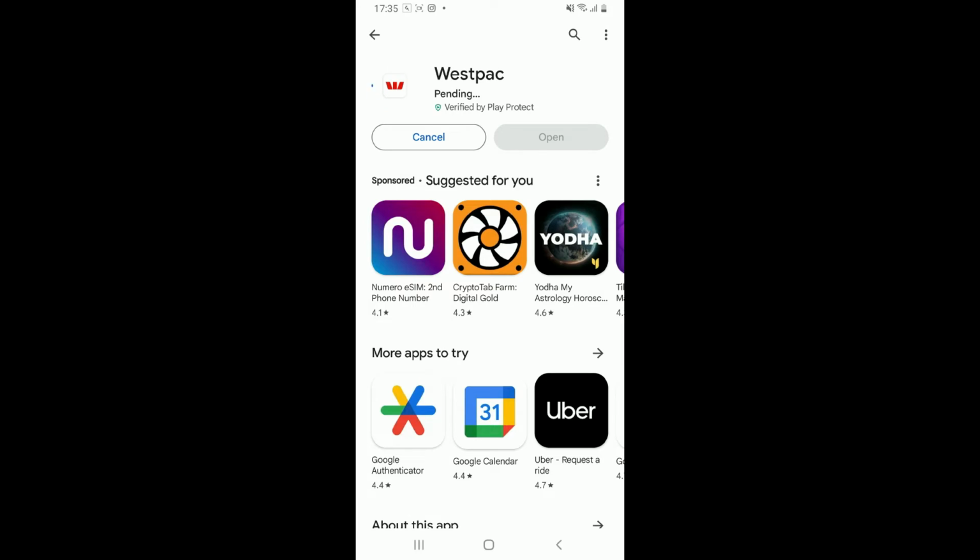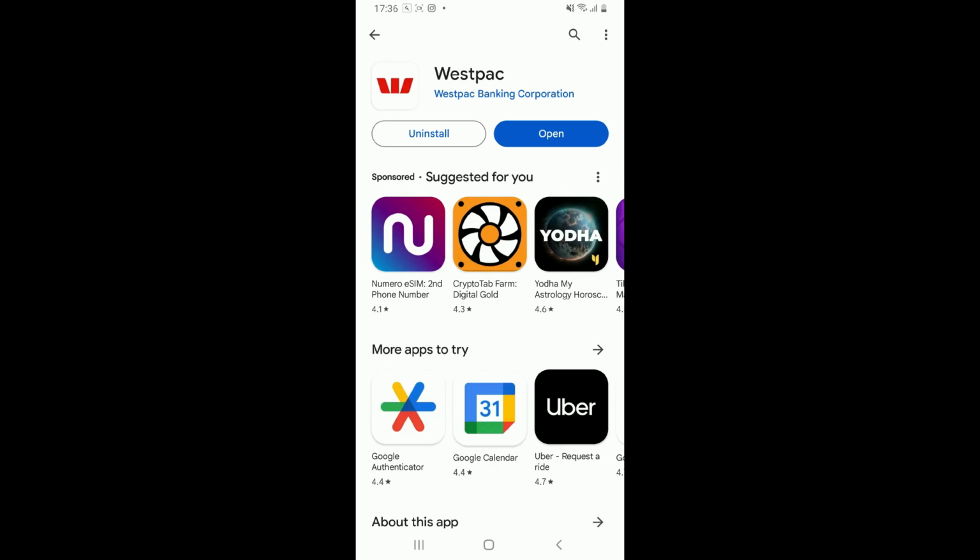Westpac Banking Corporation, often shortened to Westpac, is a major Australian multinational banking and financial service company. It offers a wide range of personal banking services, including checking and savings accounts, credit cards, home loans, personal loans, and much more. Soon after the application installs on your device, tap on the Open button to launch Westpac